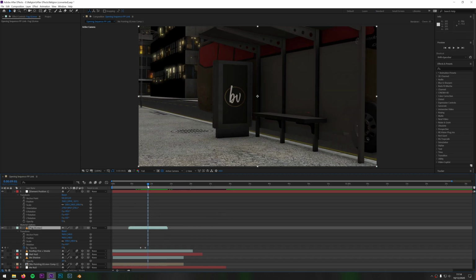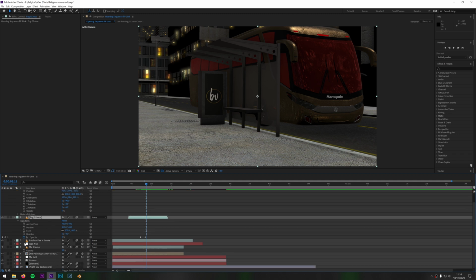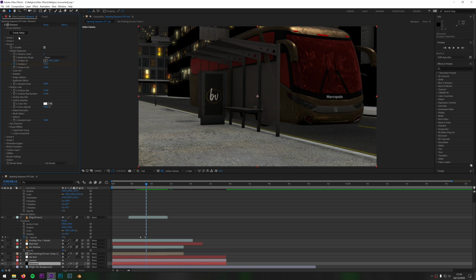The only other thing really that you're going to need to concern yourself with is this bus that's moving. The way I did that is, if you remember in the element, this bus was on group 3. It's a separate group to the rest of the objects. And when objects are in separate groups, you can actually manipulate them differently. So if you look into the effect options here, you've got group 3. If I go into group 3 and I go into particle look, replicator, you can see there's a position for that particle. Because this is going to adjust the whole group, anything I do to this would move the whole of the group, but the only thing that's in the group is the bus.